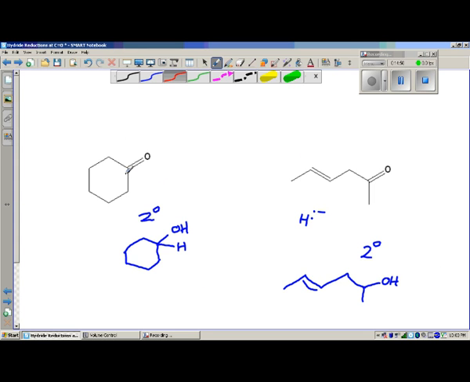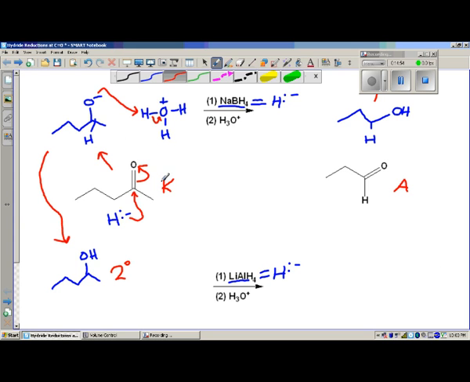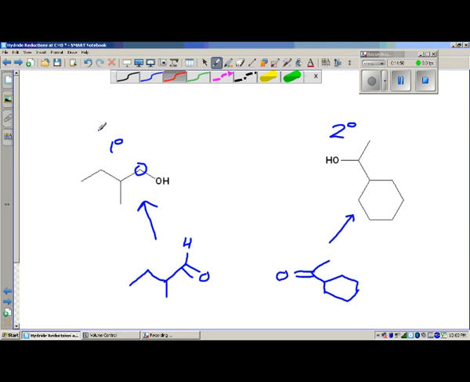We've also seen how to reduce ketones, how to predict the products, how to reduce aldehydes, how to predict the products. And if we just revisit the question, the question originally was, how can we make this alcohol? And what we first said was, well, we can make it from this aldehyde. But now we've just seen in our previous couple of slides two more ways to make primary alcohols,